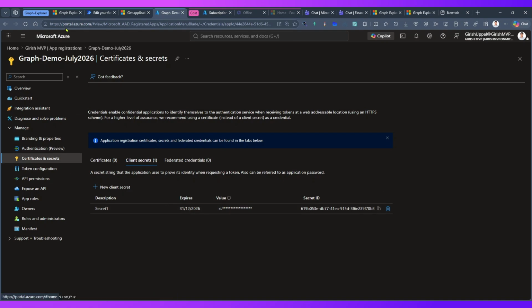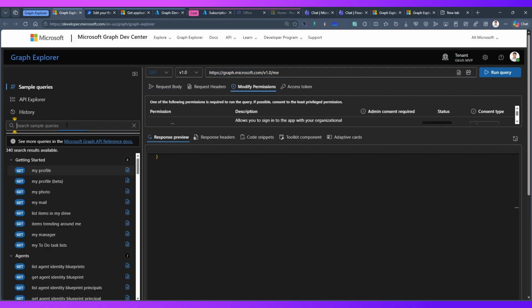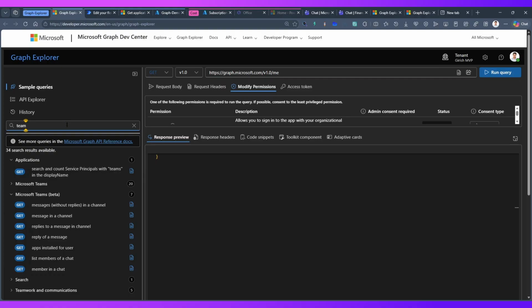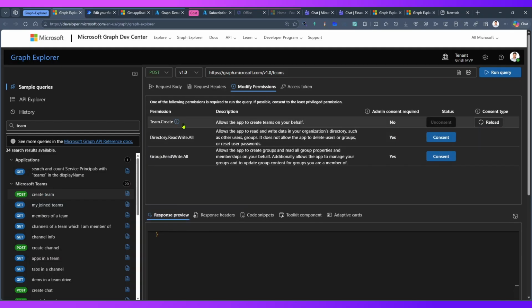With regards to permission, now remember in Graph Explorer, when we queried something, we went over here and we modified the permissions, right? So take for example, while creating a team, if I go over here, create a team, as you see over here, while creating a team, you need to have the permission Teams.Create, Directory.ReadWrite.All. In order to do this, we are simulating this over here, but in a real world example, you need to